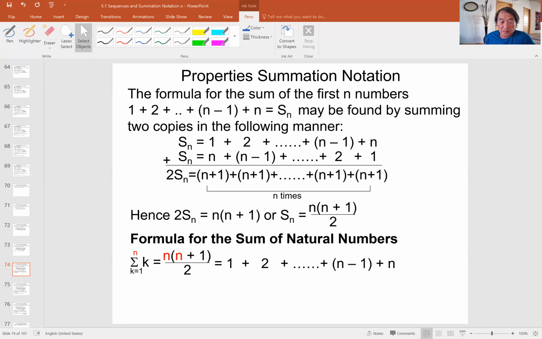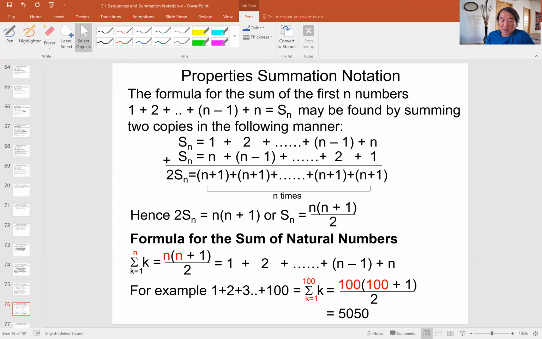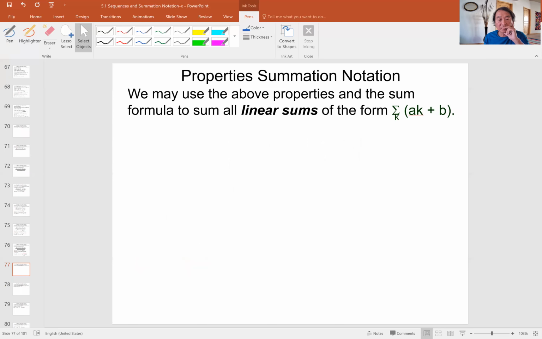This is an important formula. So for instance, if I want to sum 1 to 100, n is 100, so it's going to be 100 times 101 divided by 2, which is 50 times 101, 5050. I can use the trick to sum any linear sum. For example,